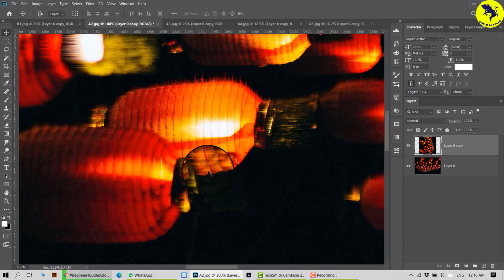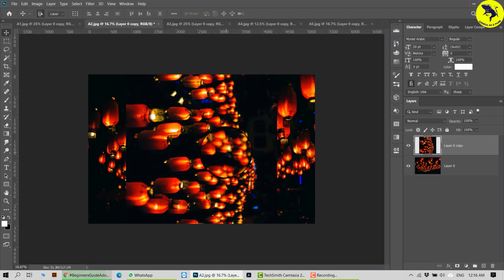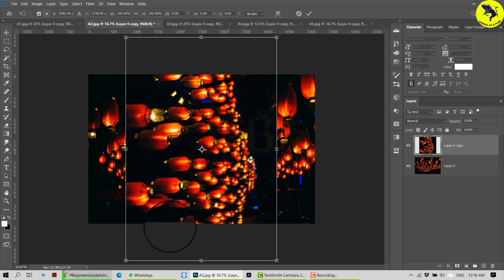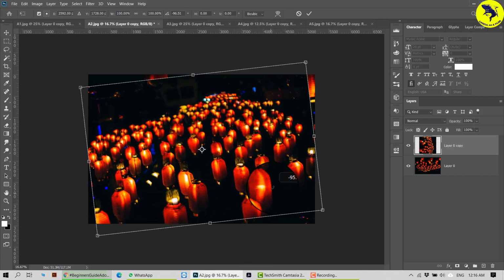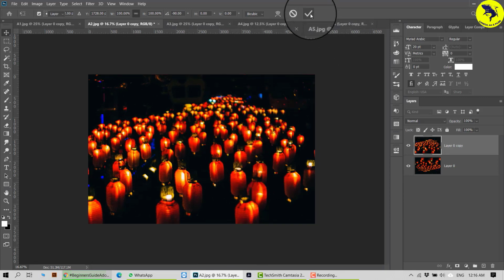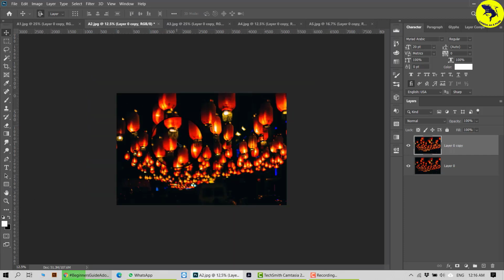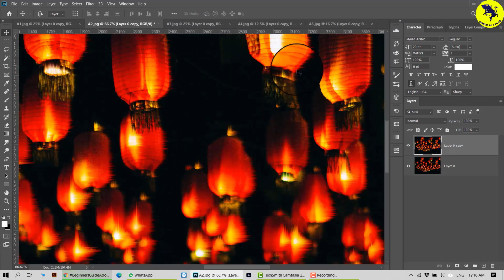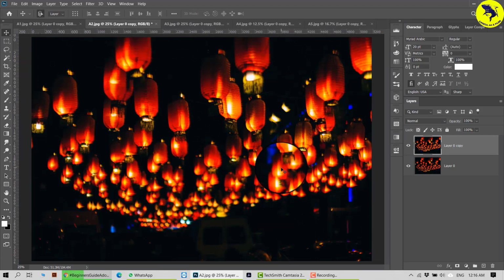Right, now I'll rotate the picture again. Control T, that is your shortcut. Go here and rotate. While rotating, hold your shift so that it snaps at 90 degrees. Okay, so that is straight enough. And see, you have one effect that is coming down and another effect that is going left. So this is how you can trick your system and get whatever effects you want. That is the different effects you see in stylize.